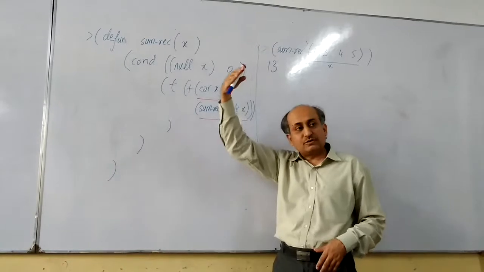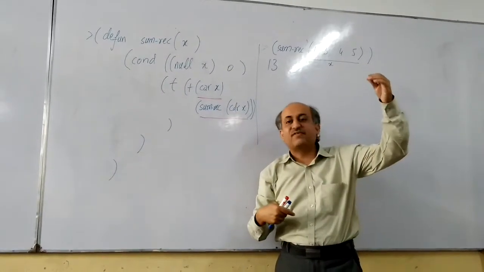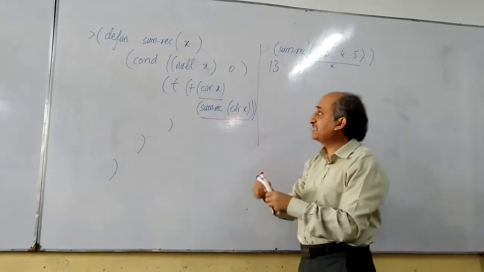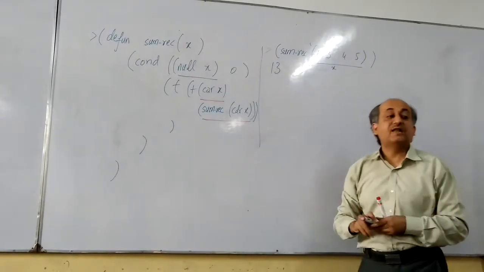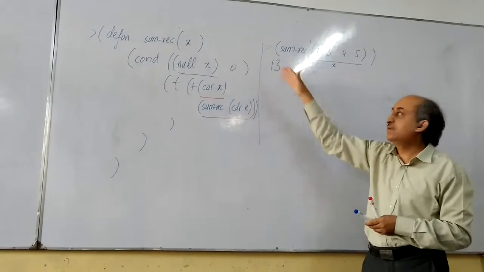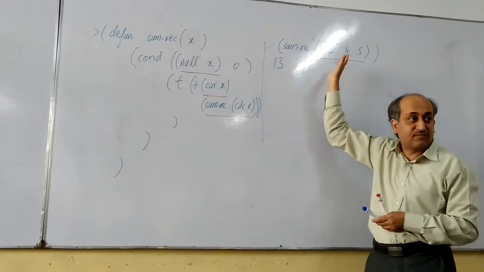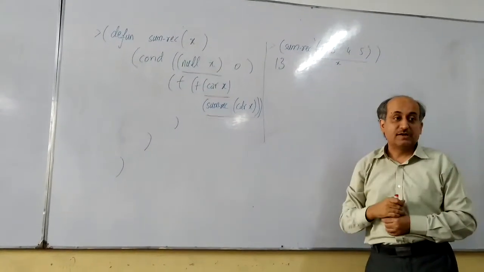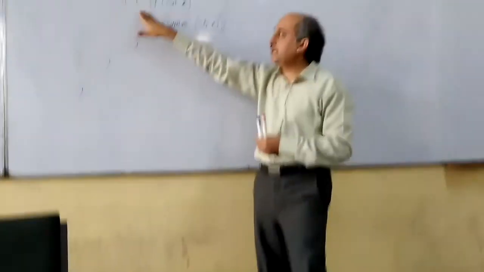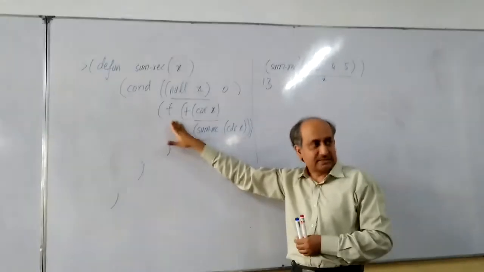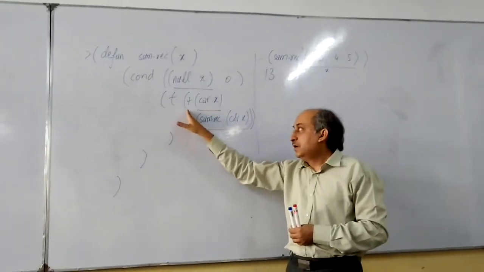Control of execution will go in sequence, starting from the first clause. It will check whether x is an empty list, null x. Before applying null, x will be evaluated to its value, which is a list of 4 numbers. It is not an empty list, so the null function will return false. So control of execution will go to the default clause, the next clause, and in the next clause, the plus function